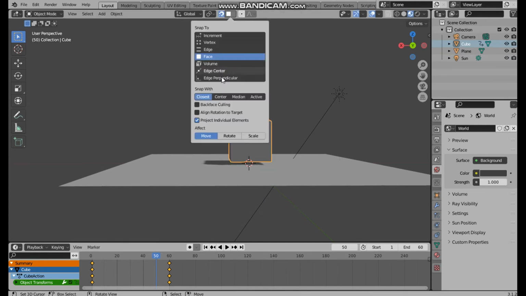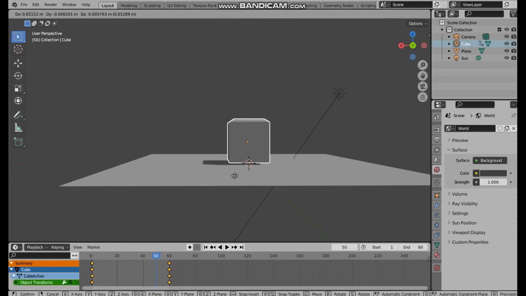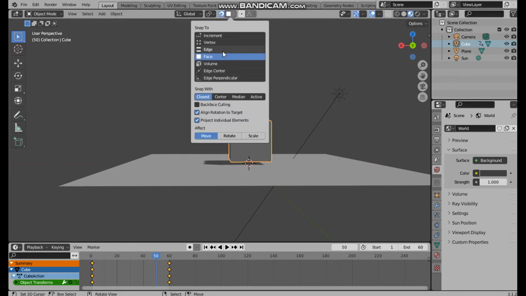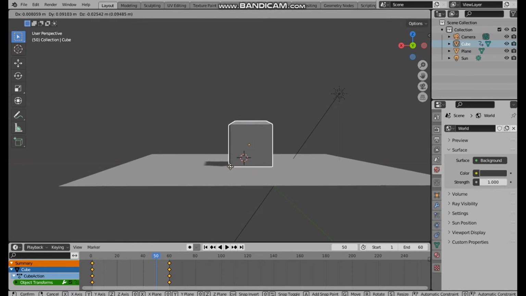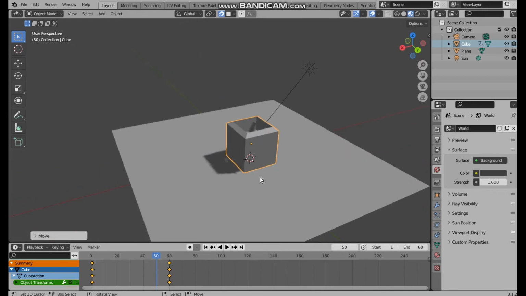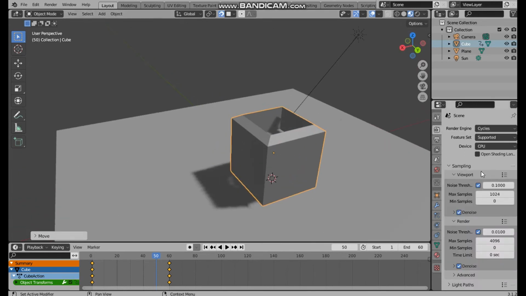It's not going to work. There we go. Okay, so what we're doing is going to face select just to get that box right where it should be. And these shadows are terrible, so real quick, we can go through the